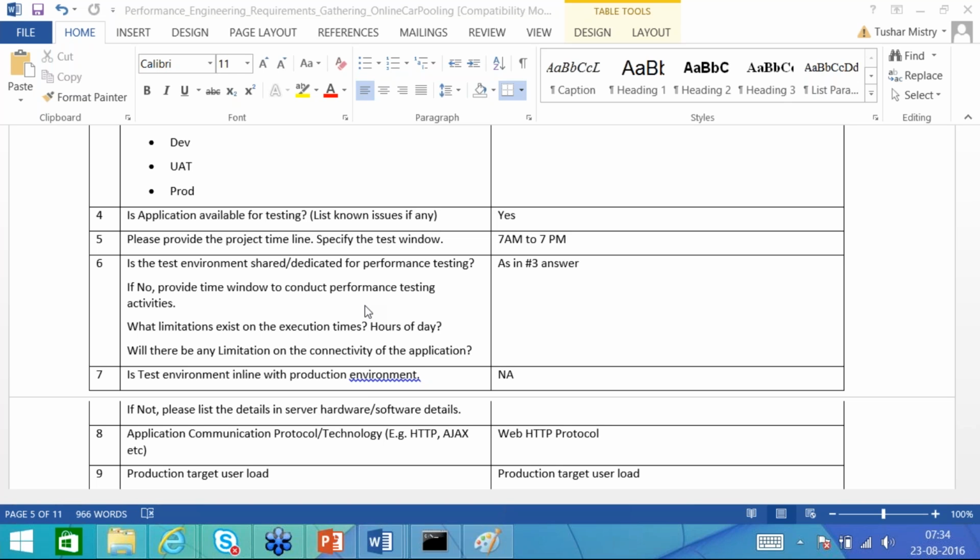Can you send the requirement gathering document? Yes, team. It will be uploaded on the site so you can access the document. Definitely you will be getting those documents.